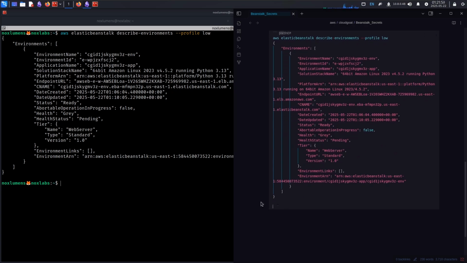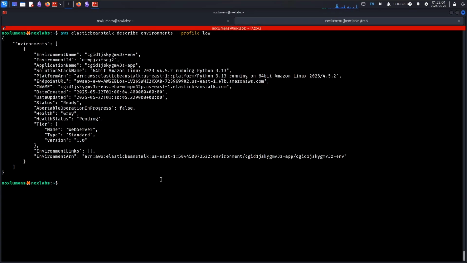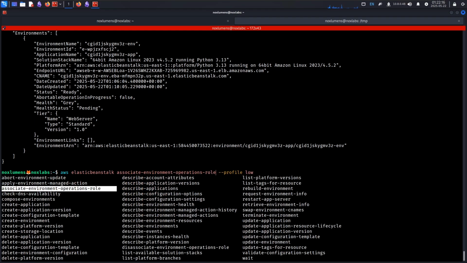I'm kind of interested in what can we do with this application? Can we actually see the application, how it's set up, and all of that? And the answer is yes. There is a module here. I need to find it. Settings. Describe configuration settings. I didn't actually run options when I went through, so let's